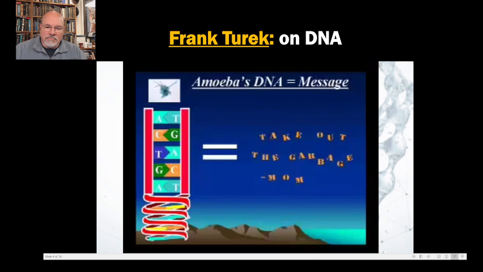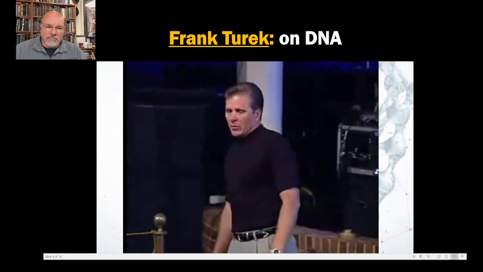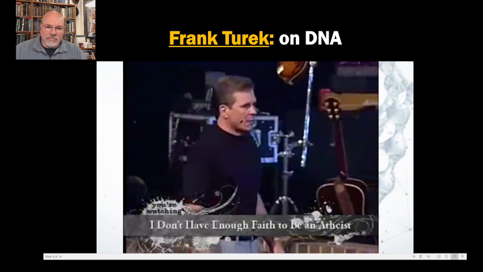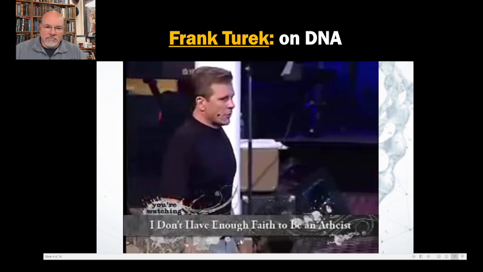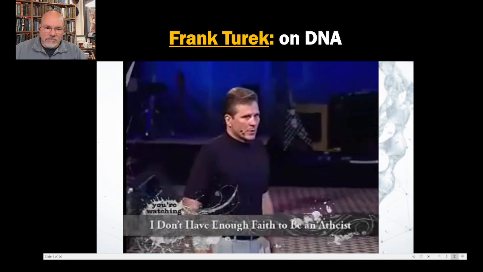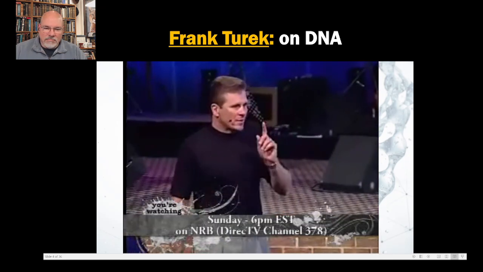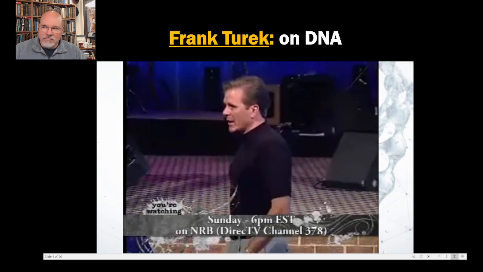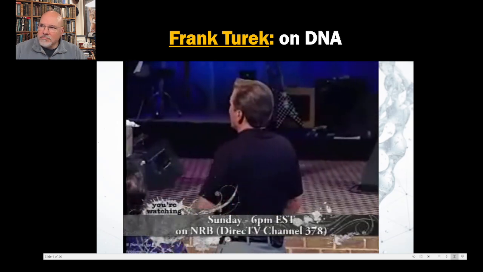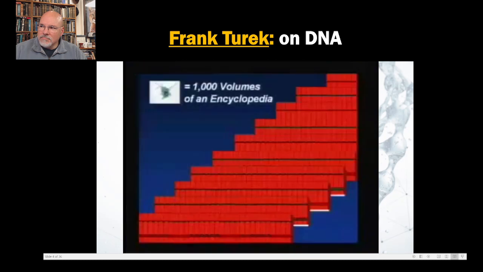What I'm about to tell you is not from a Christian. What I'm about to tell you is from Richard Dawkins, one of the most vociferous, ardent evolutionists out there, the man who wrote The God Delusion. Well, in his previous book, The Blind Watchmaker, Richard Dawkins admits that the amount of information in a simple amoeba, so-called simple, is about equivalent to 1,000 complete sets of Encyclopedia Britannica.